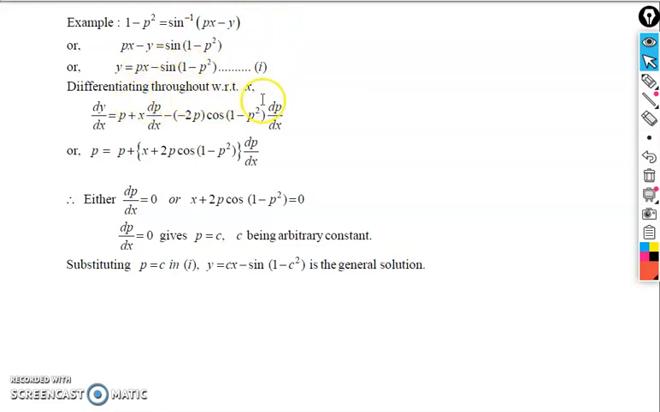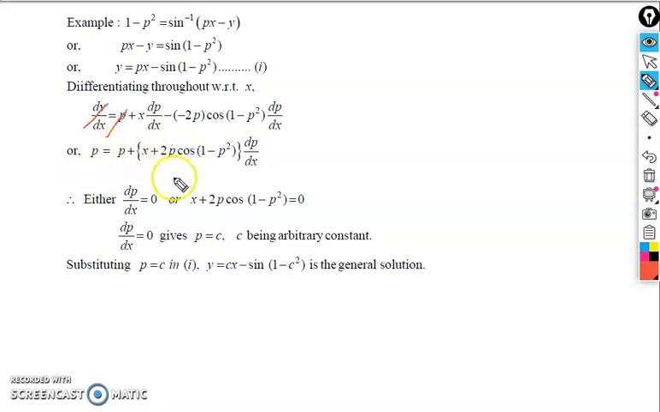Now take the differentiation with respect to x, and it becomes dy/dx. When you differentiate px, this becomes p, and the remaining quantity is x dp/dx. When you differentiate sine inverse of root 1 minus p square, it becomes the cosine term, and the differentiation of 1 minus p square is minus 2p dp/dx. Here we make the calculation. When we put dy/dx equals p, this term cancels out from both sides,